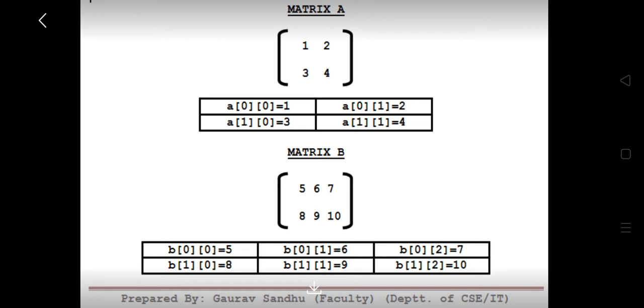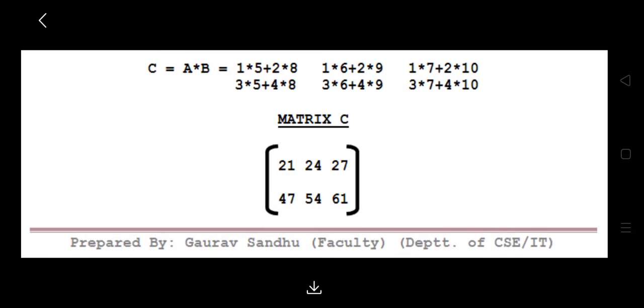Now based on these values, the respective positions in matrix A and matrix B are filled as seen on the screen. Now you can see on the screen that contents of A and B are multiplied and the result is stored in matrix C. When we are multiplying, we are also adding. This is the concept. As all of you know how a matrix multiplication is done, rows and columns are multiplied, added, and the intermediate results are added.